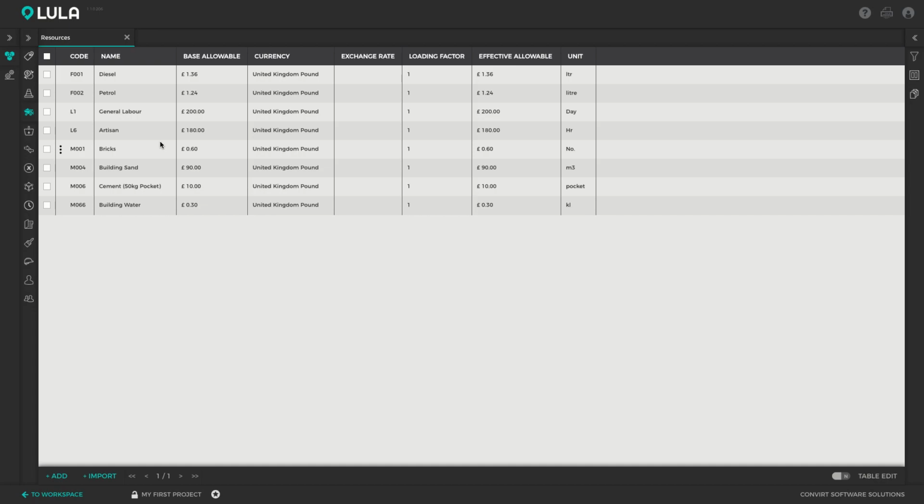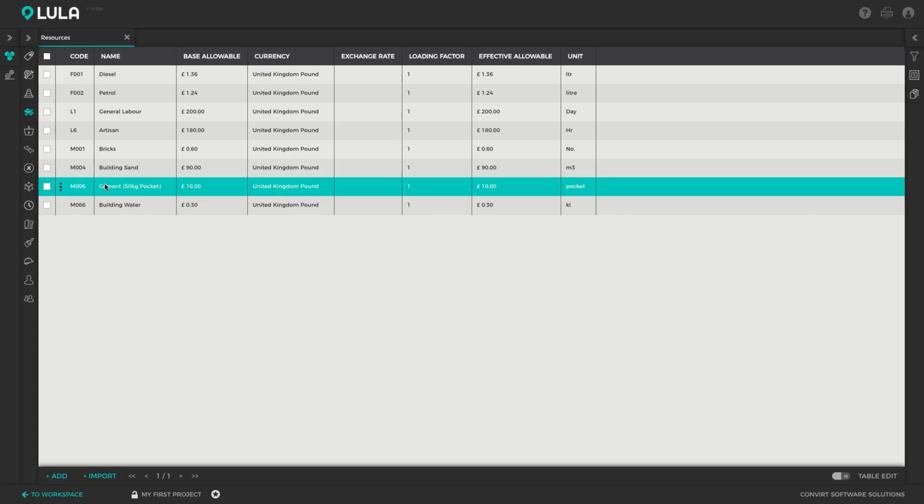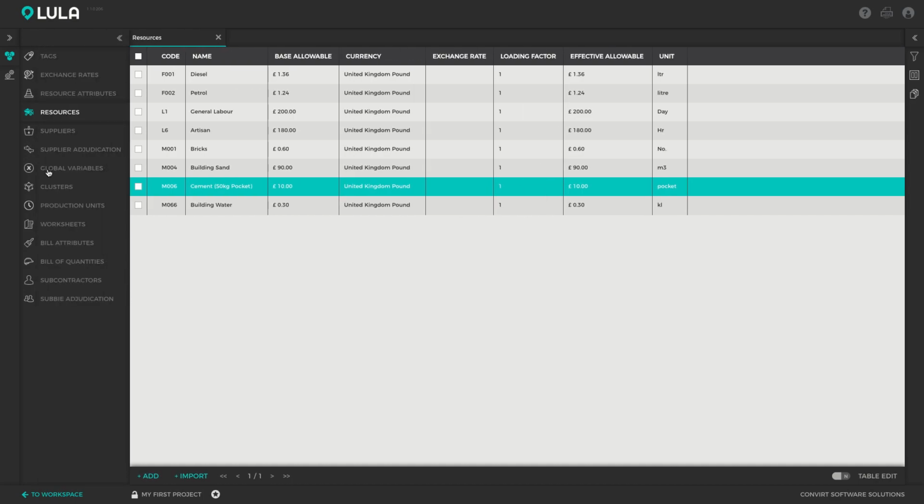A few examples of such teams of resources would, for example, be a material mixture. Let's say mortar would consist of some cement, some building sand, and some building mortar. And whenever you need mortar in the job, you just want to be able to pull all three of those resources in as a unit. Another example would be a plant unit, which would consist of the machine itself, some fuel consumption, as well as an operator. Lula Build provides a module to build such resource teams, and they are called resource clusters